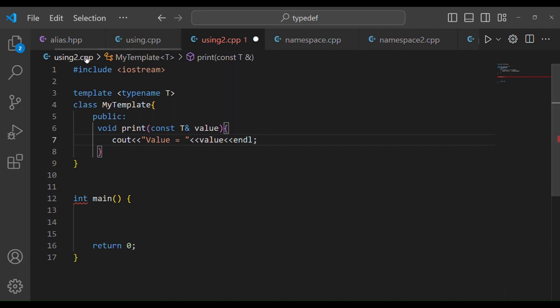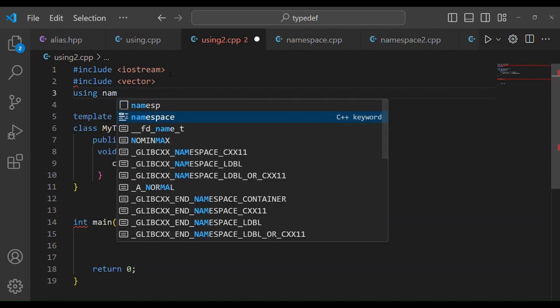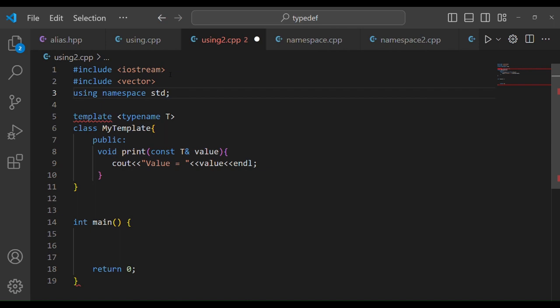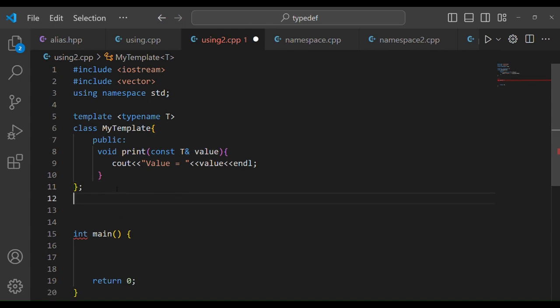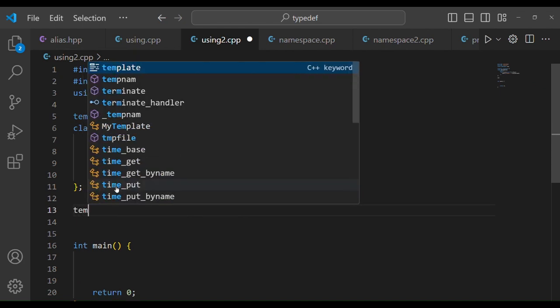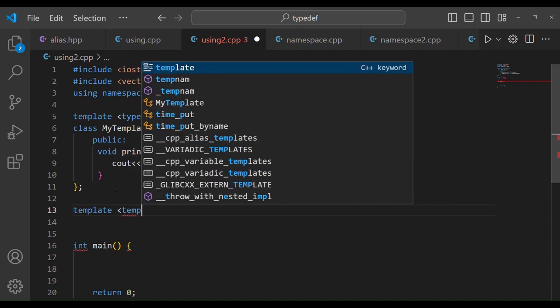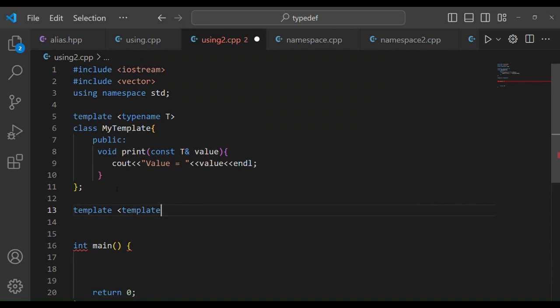Because I'm using templates, I first include vector, and I also provide using namespace std. Now I've used this function. Now I create an alias for this same function. So let me do it. Now this is being ended with a semicolon. Now let me create an alias for this function template. The template name is, just provide a template, sorry, typename,